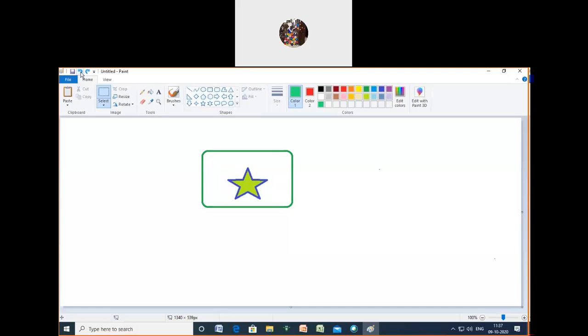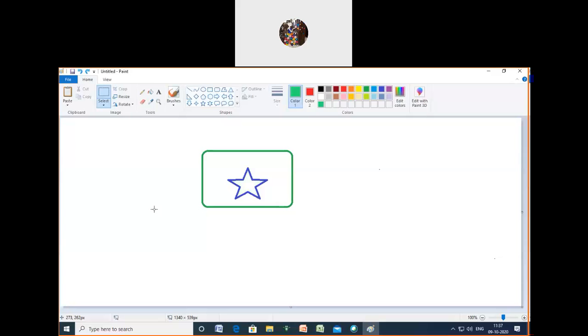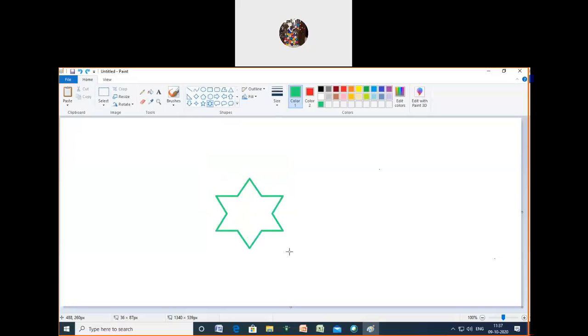Yes. Now we have come to the previous one which was started the day. So instead of this we are going to take some other shape. We'll do now. Now I'm going to take that star there.